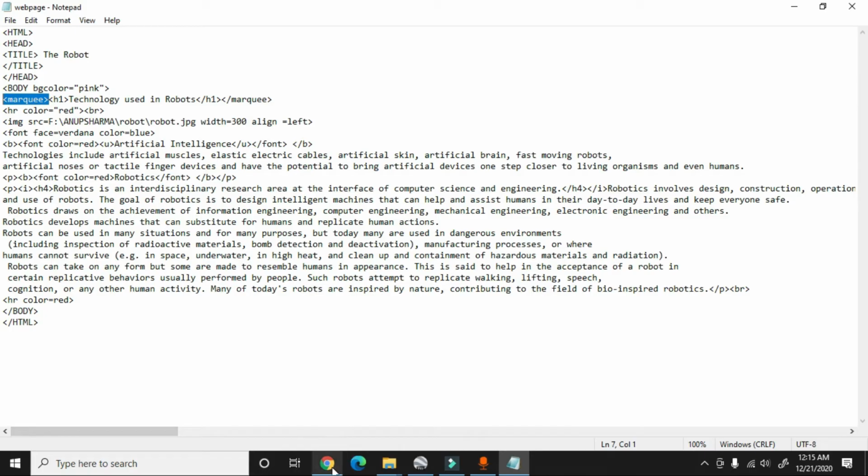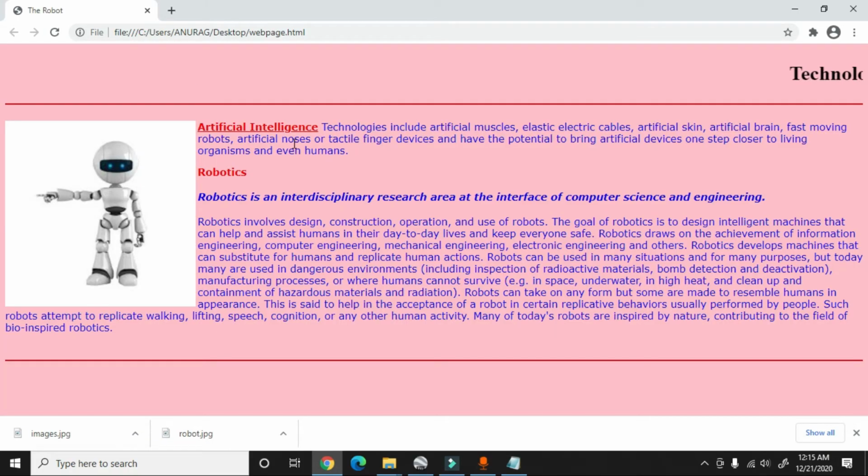Now you can see how my web page looks. This is the simple web page I have developed. In the same way you can use many tags given in your book as well as many tags available on the internet. Use these tags to make your own web page.